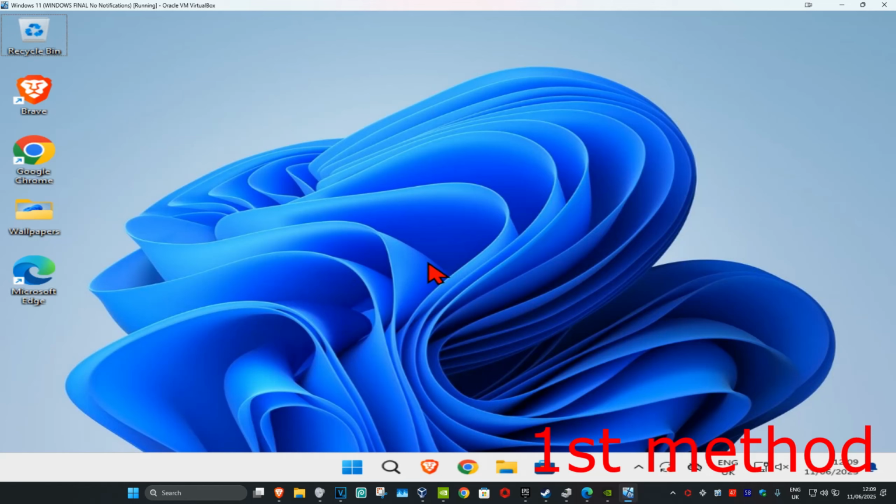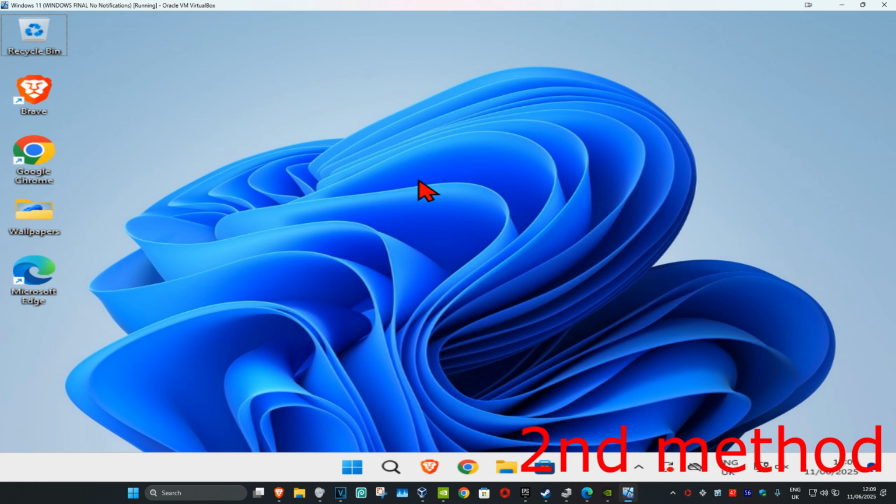So guys, for the first method, if you're using a VPN or proxy, then you want to disable it. See if that works. If that's still not working, then for the second method, you want to head over to